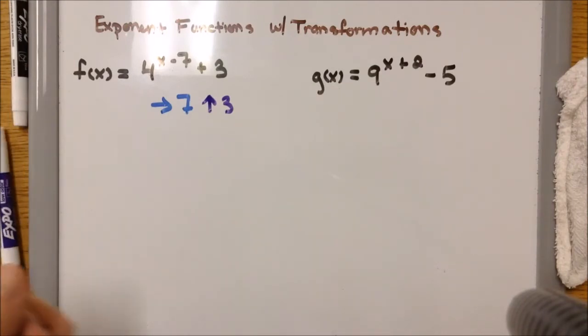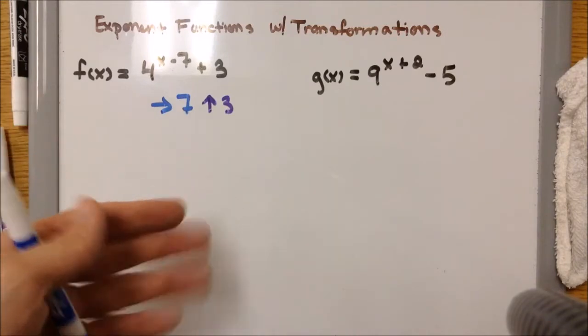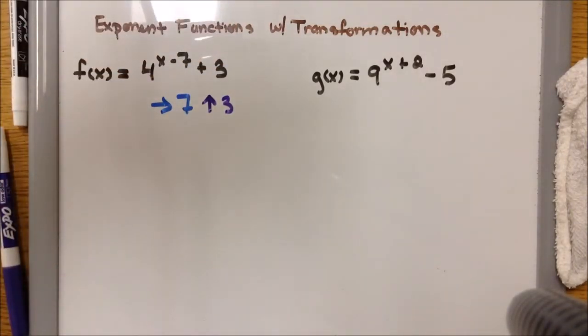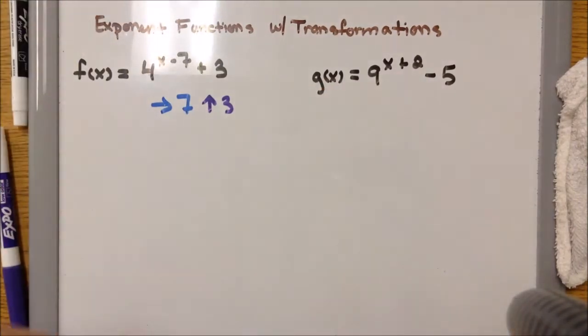Now that's pretty much all the transformation. We don't have to worry about the base because it's just a base. You're just identifying where the graph is moving. So again, since it's x minus 7, that means that it moved right 7 units, and then plus 3, it moved up 3 units. Now if we talk about the second example,